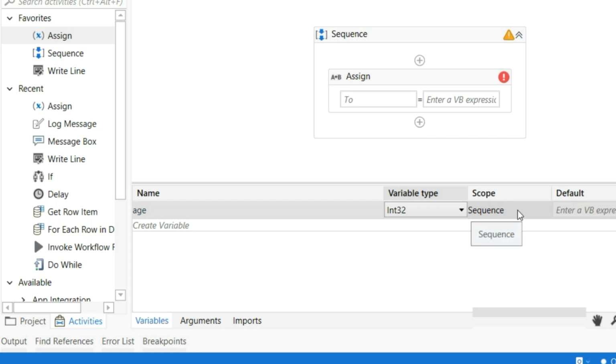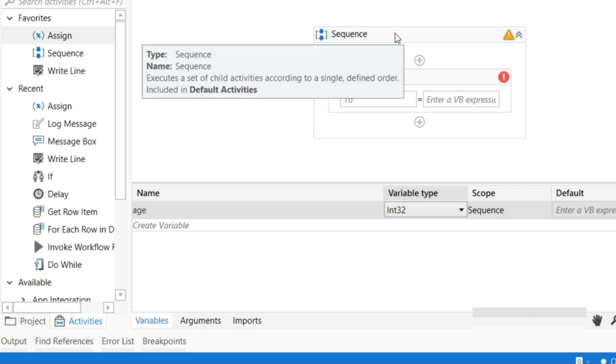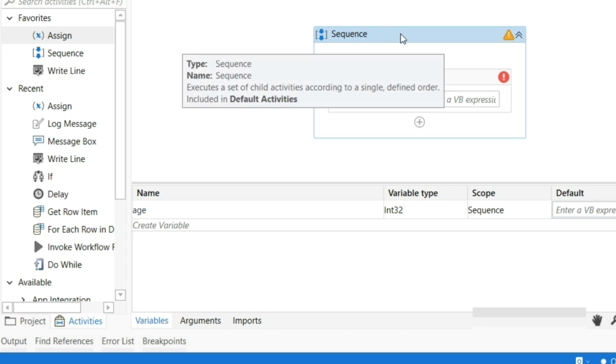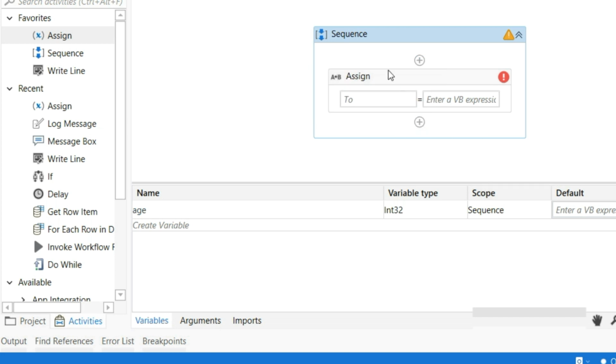Scope in UiPath is basically where this variable will be accessible. In a script file we can have various scopes. By default there's a main scope. So what does main scope mean? We have created one main file actually, and it is a bigger scope, a global scope. We have created one assign activity, and this activity is under another sequence activity. So there is a scope at sequence level also.